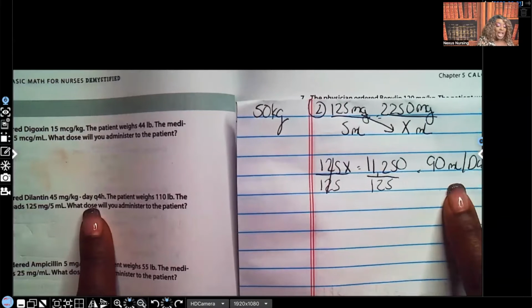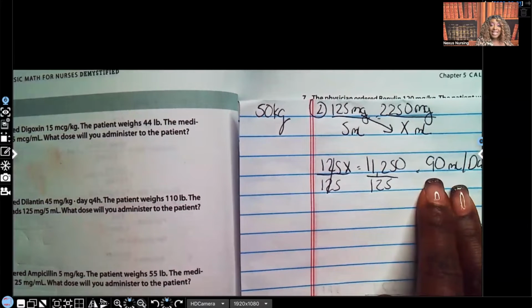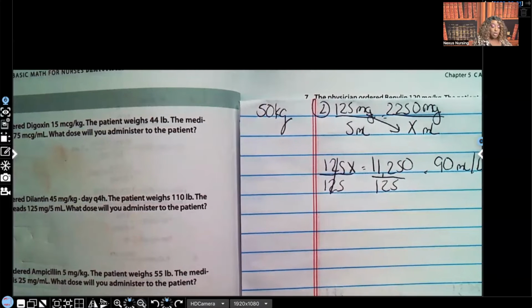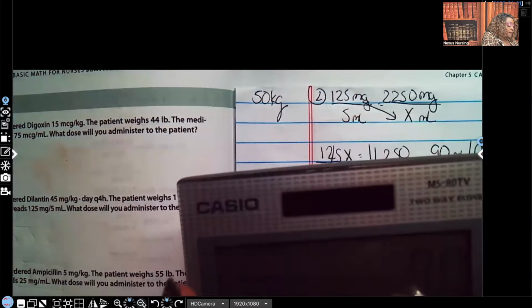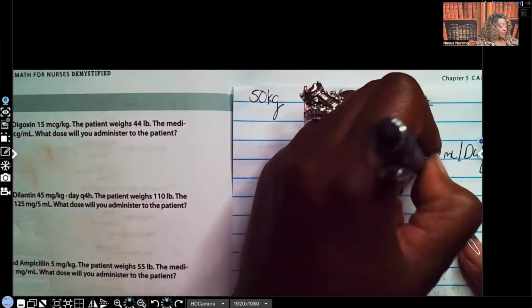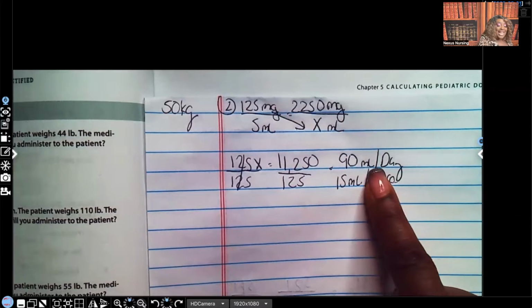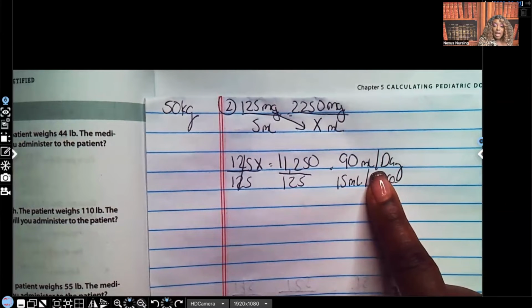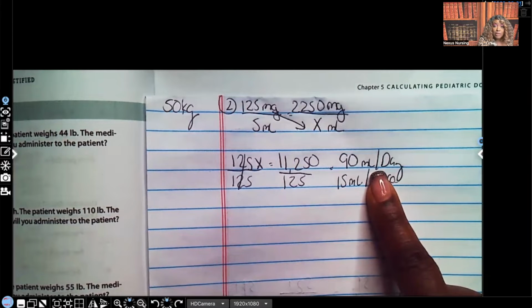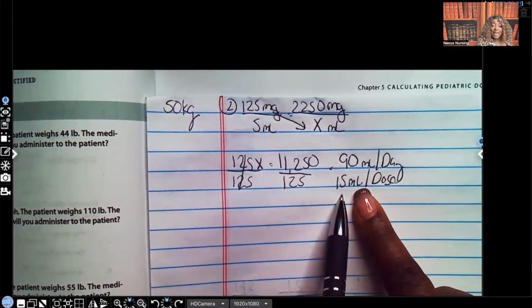Why is that important? If we're giving 90 milliliters per day, but we know we're giving this medication 6 times, we have to divide that 90 by 6 to get our real answer. So let's do it. 90 divided by 6, 15. We're going to be giving 15 mLs per dose. Even though we're giving 90 milliliters a day, because we're giving this medication every 4 hours, we have to give it 6 times a day. We're taking this total dose of 90 and dividing it by 6, and that's how we get the 15